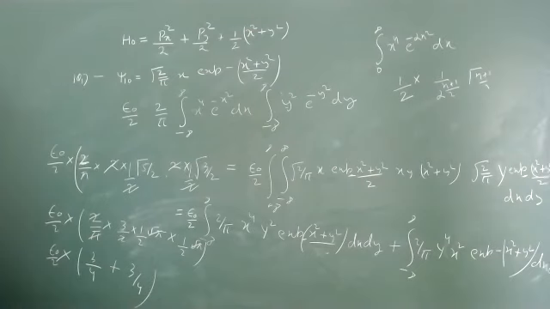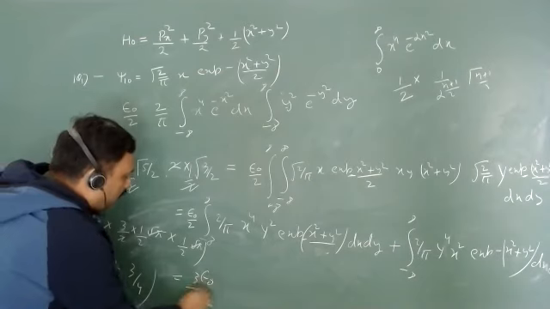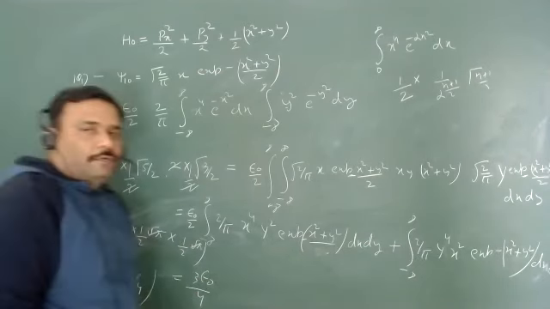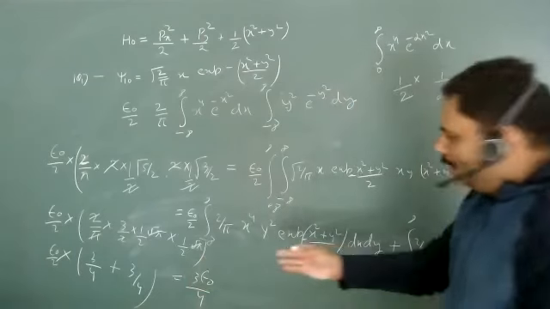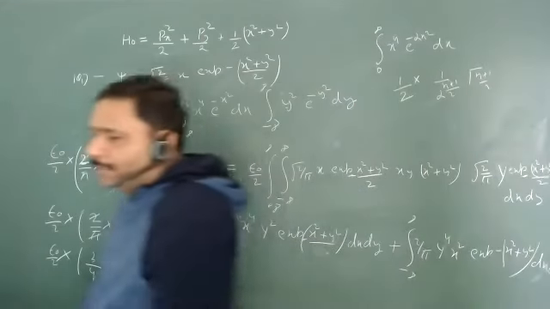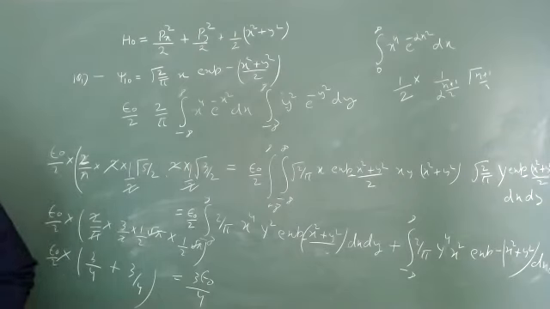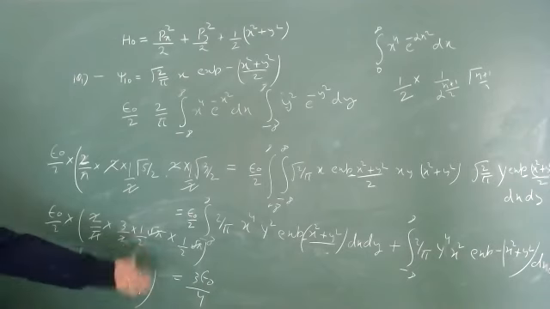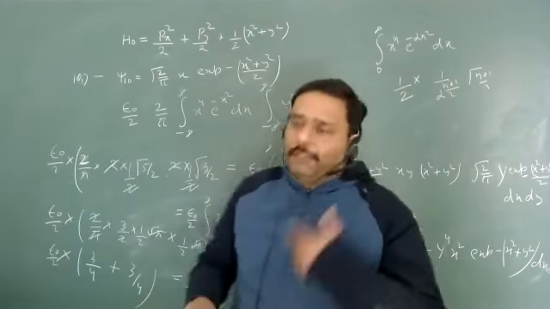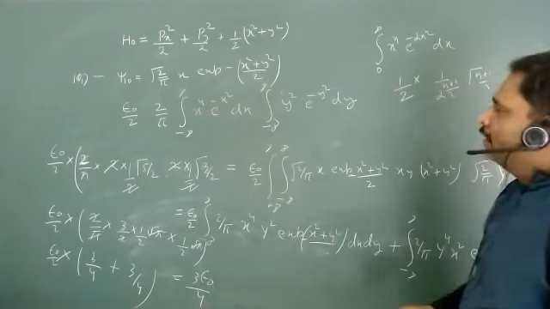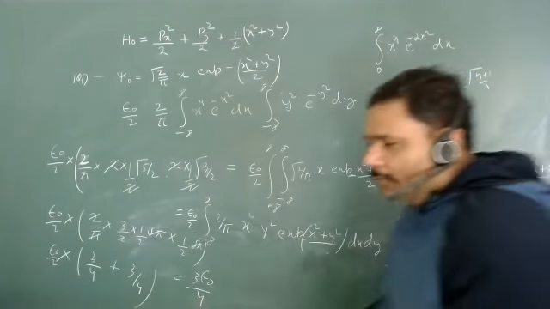So what will be value? 3 epsilon naught by 4. 3 epsilon naught by 4. So similarly, look at it, you can just check this particular integral value. I think I am correct. Okay. You can just check it with yourself. So yes, that will be 3 epsilon upon 4. So you can easily get this particular value. And another term will be same, 3 epsilon by 4. So should I remove all this calculation?